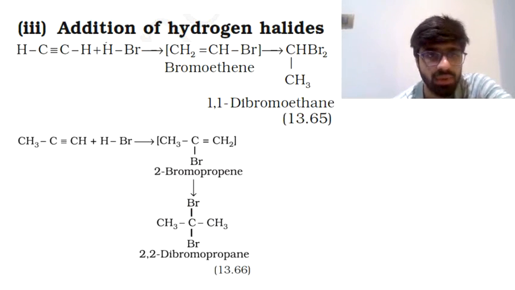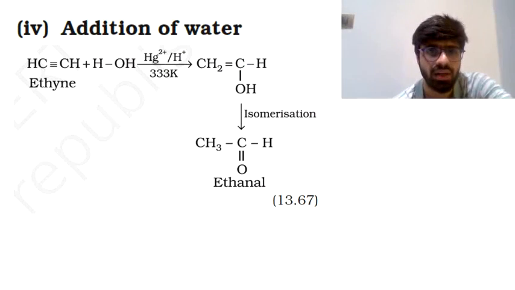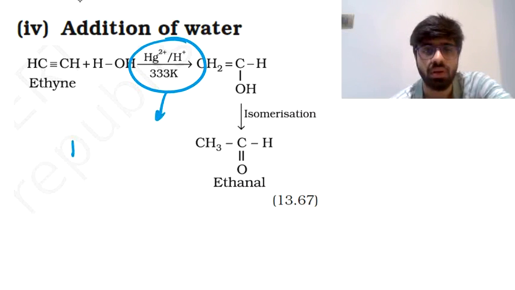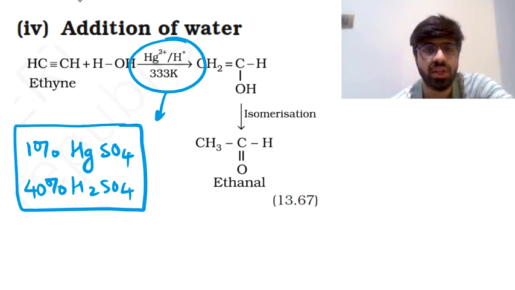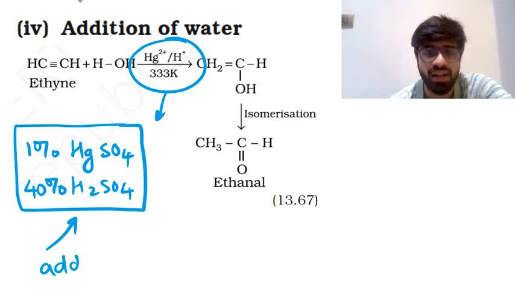And with that, let's continue with the next reaction, addition of water. Now, in this reaction, all you need to keep in mind is the condition. It is HgSO4 and H2SO4. Being very specific, it is 1% HgSO4 and 40% H2SO4. Every time you see this kind of a condition, you need to understand that you are going to add water by the Markovnikov rule on whatever unsaturation is present. Be it an alkyne or be it an alkene, it does not matter. This condition is the condition for adding water on alkene or alkyne by the Markovnikov rule.